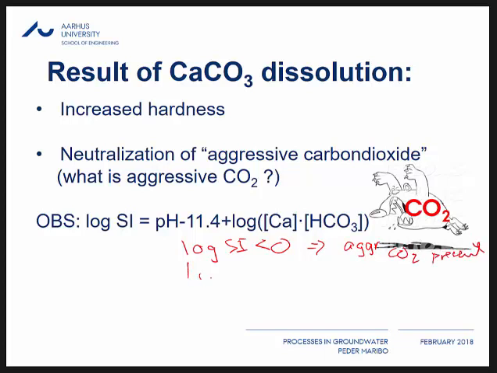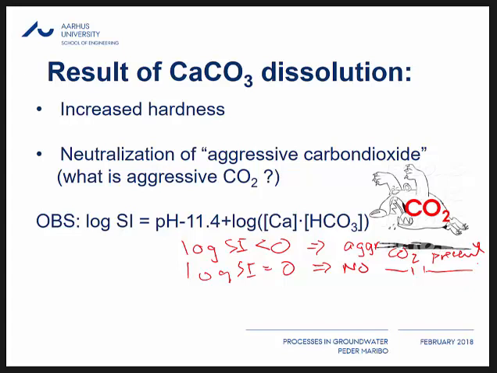And if log SI is equal to 0, then there is no aggressive CO2. It shouldn't be possible to have a positive value, but the accuracy is limited when we're measuring using concentrations. We just calculated it without taking into consideration the effect of temperature and the effect of sorting out, so the fact that we should really be using activity instead of concentration and so on, the accuracy is plus